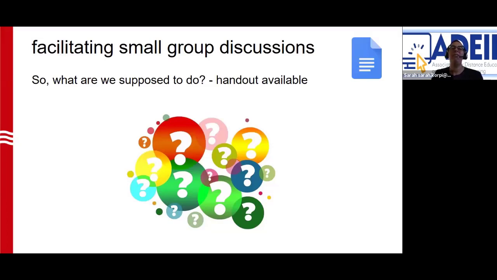But upon further reflection, this question, I think, isn't really about clarifying the instructions, but about forming the group for the activity. So what are we supposed to do? Question allows the students to start to talk and connect without actually starting the work. And that group formation piece, I think, is really important.